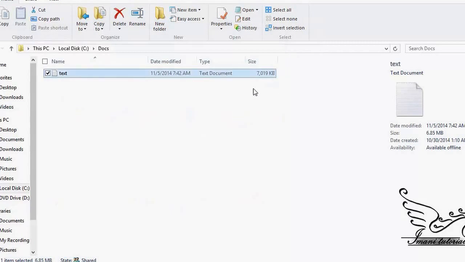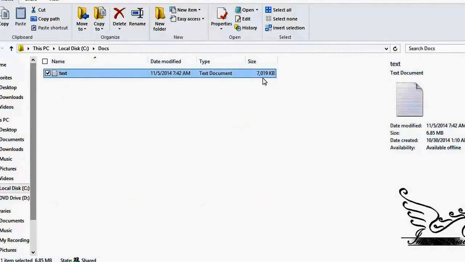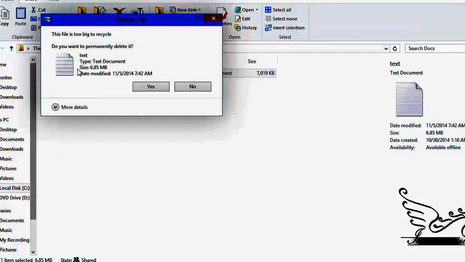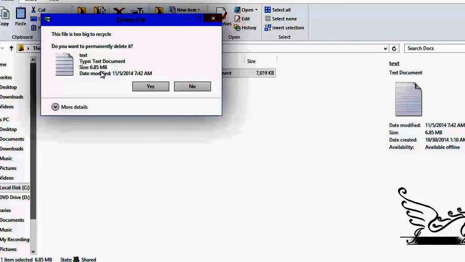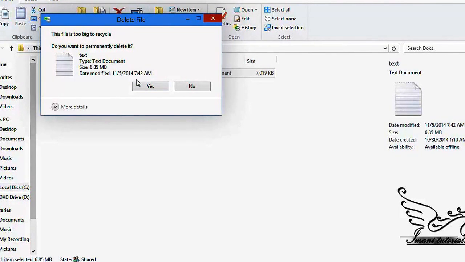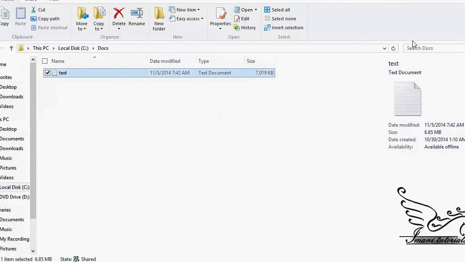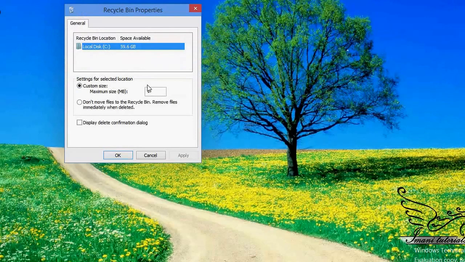Now closing this, you can see that it is about 7,000 kilobytes. That makes it about 7 megabytes. Now if I try to delete this file, you can see that it tells me this file is too big to recycle. That means your recycle bin doesn't have enough space to hold this file. So it will be deleted permanently. You cannot restore it later. That's okay for now. I'm going to click on no and go back to recycle bin and again change the